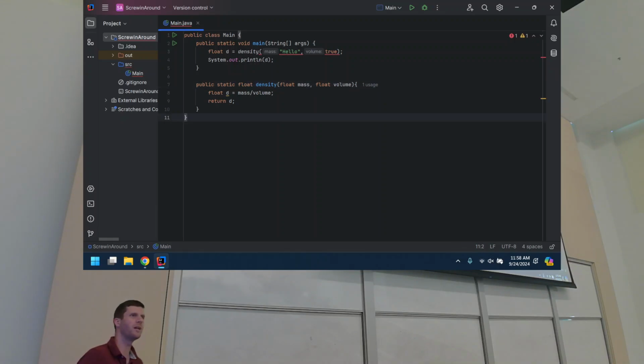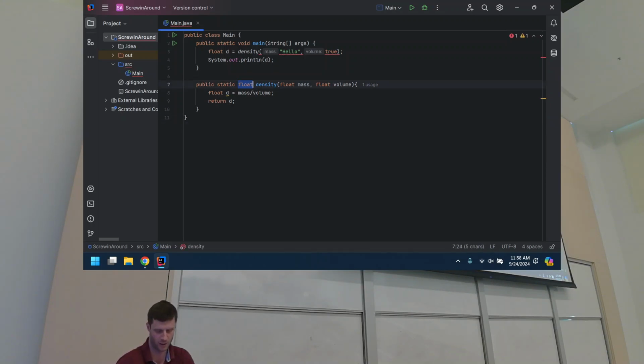So the way we do the typing is a little different than the type hints in Python. Here we put the type before the name of the variable. And instead of a little arrow for the return type, we just put the return type out in front of the name of the function. We have this variable d, it's a float, we have to specify. Mass divided by volume, store it in the variable d, return d. And here I'm calling it. And before I even hit run,